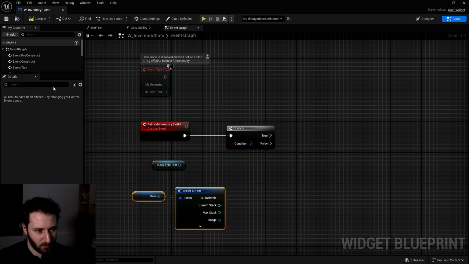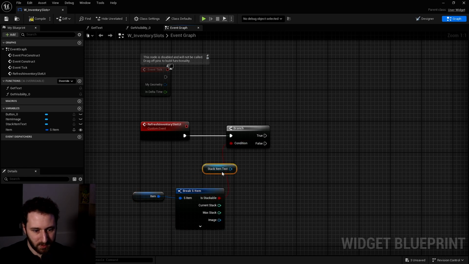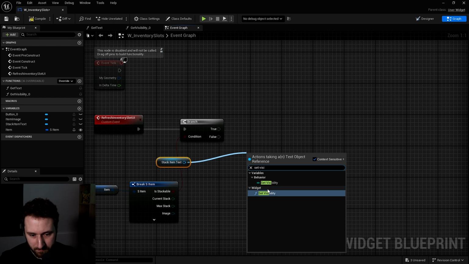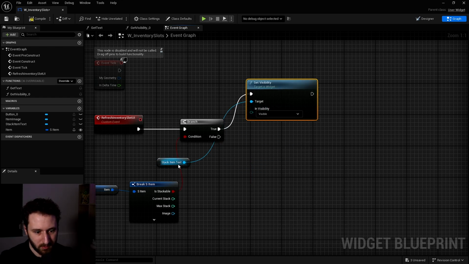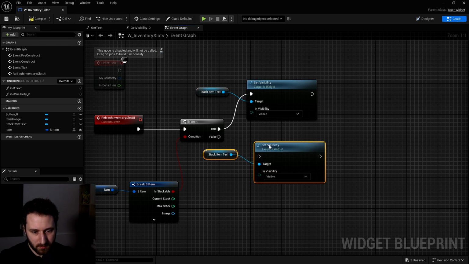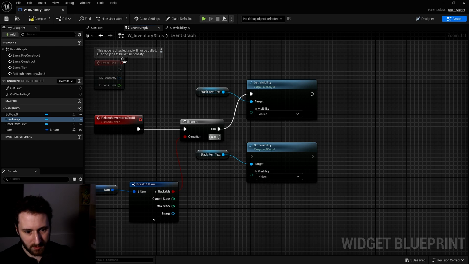So we get these 4 pieces of information. If it's stackable, then we need to show this text. So we can do set visibility, like this. If it's true, it will be visible. Otherwise, it should be hidden.